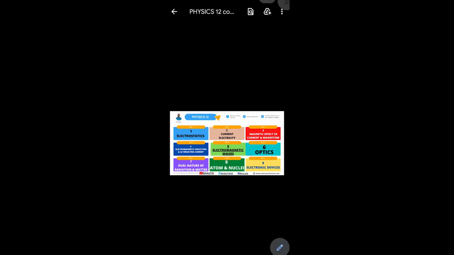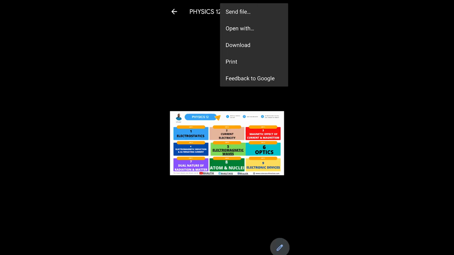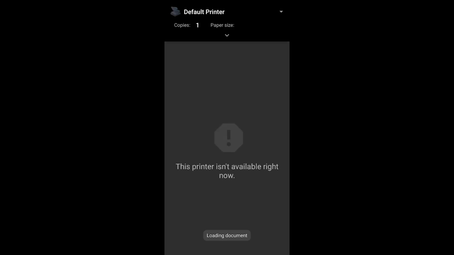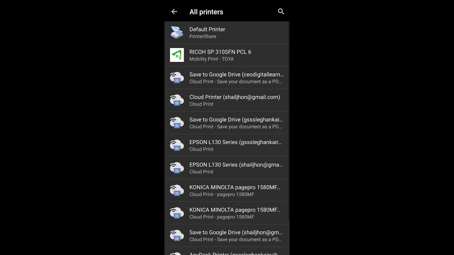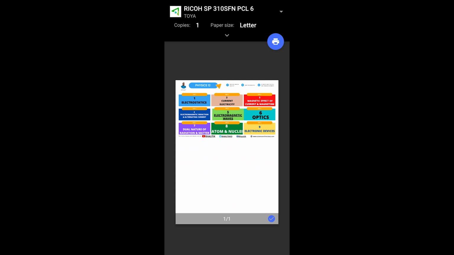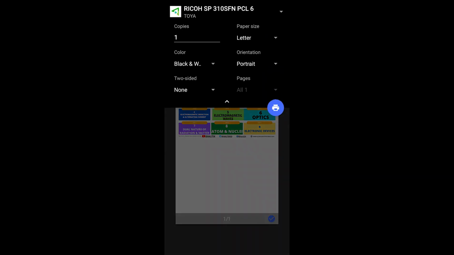And click on this menu and print. You will see some printers are there, and you can see here is the printer, just sliding the printers. Then you can see the first one is Ricoh SP, and this is my mobility print. Here it is written, which is on my PC. The name of the PC is also shown here. So you can use this printer from anywhere in the world, and you can print the document from your mobile.